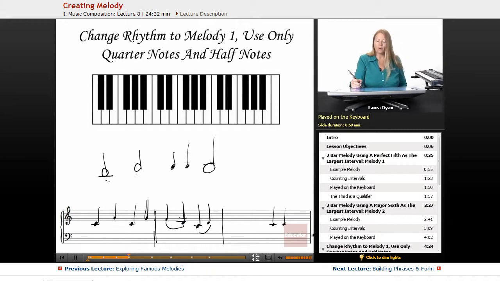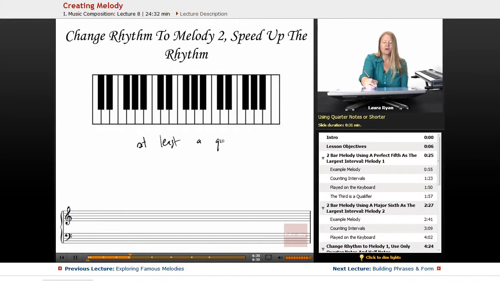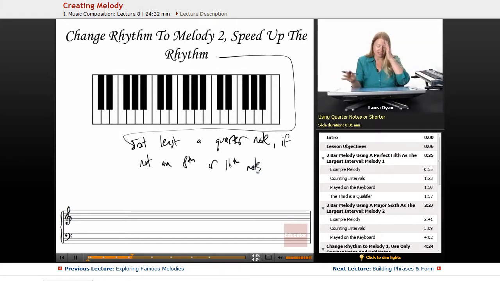Okay, so moving on, we're going to change the rhythm of melody two, and we're going to speed it up. By that, I mean I want every note to be at least a quarter note, if not an eighth or 16th note. Okay, this is really going to change everything. Okay, fun. So melody number 2, whatever your melody number 2 is, let's speed it